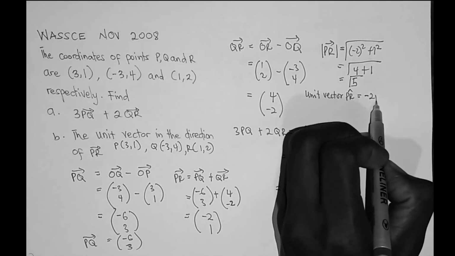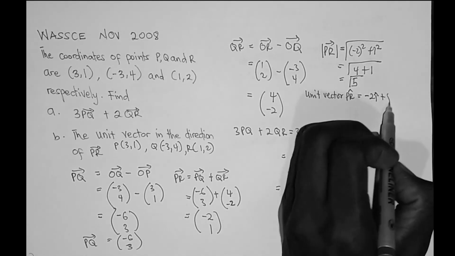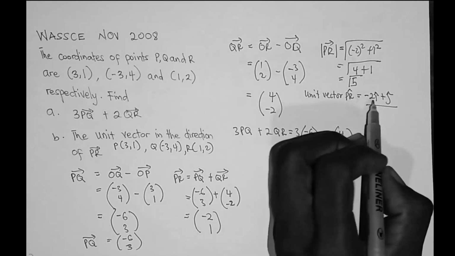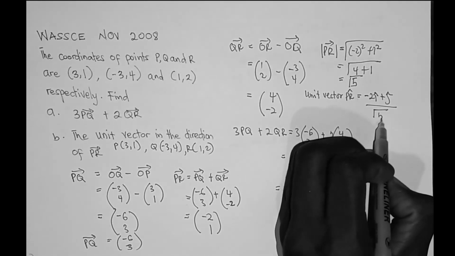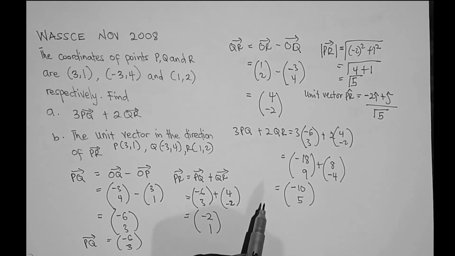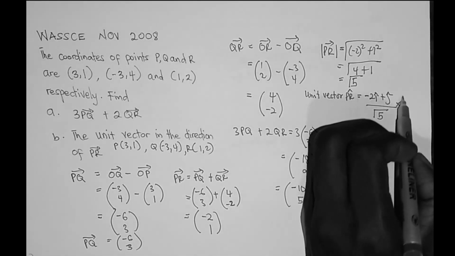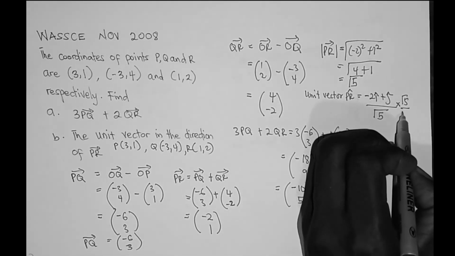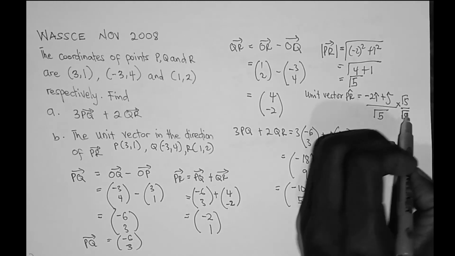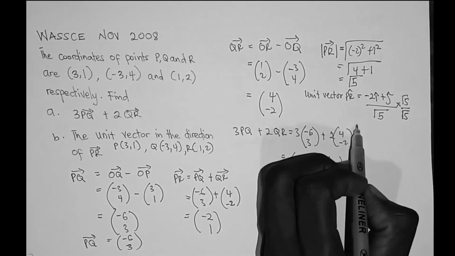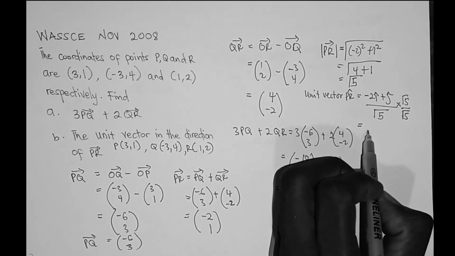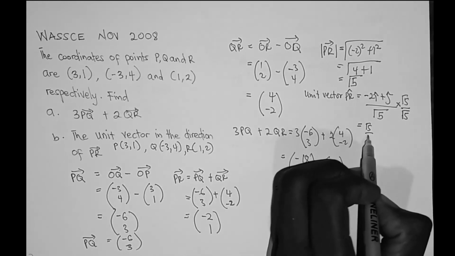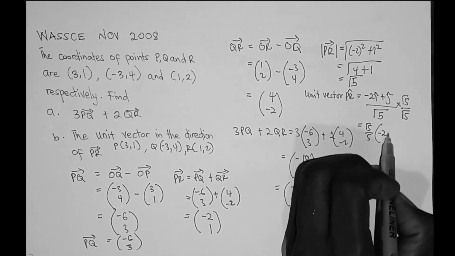So minus 2i plus j divided by the magnitude, which is root 5. We can rationalize by multiplying by root 5 over root 5, so that the unit vector becomes root 5 over 5 times minus 2i